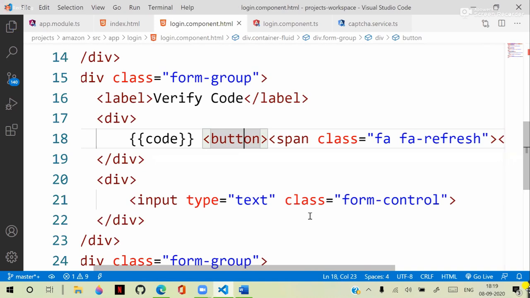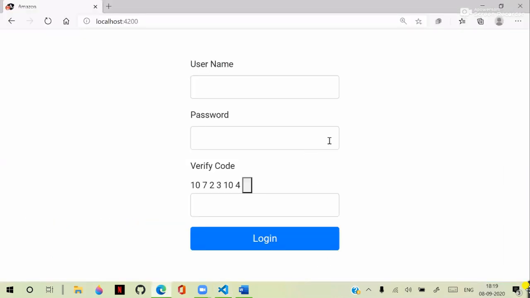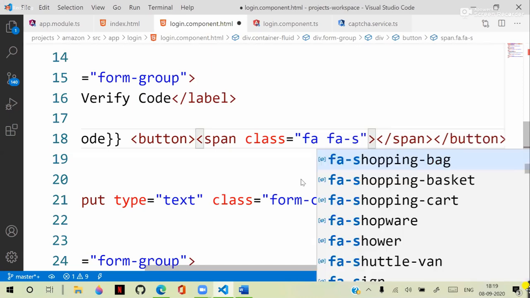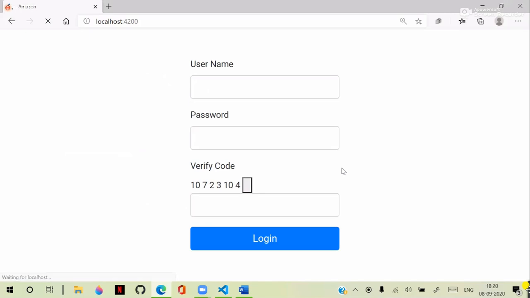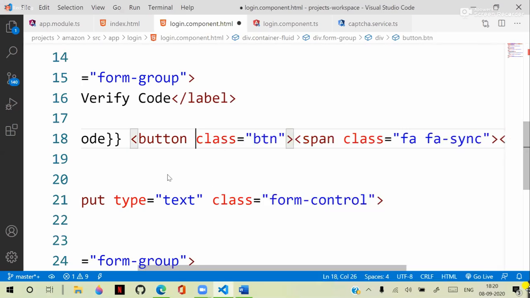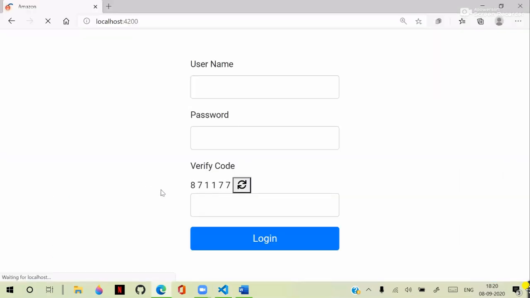And that is the button. As I think FA refresh is not there, so I will just keep this as FA sync or asynchronous is there, some symbol. It will get some symbol and display there. Okay, we have this one. Now what should happen here is, when I click on this button, if I give the class as BTN usually, then usually the button class will keep in a